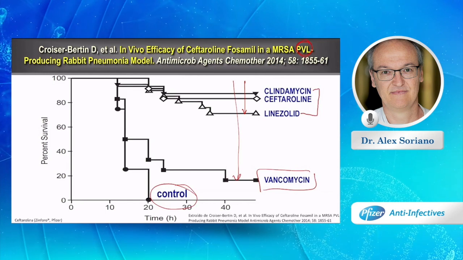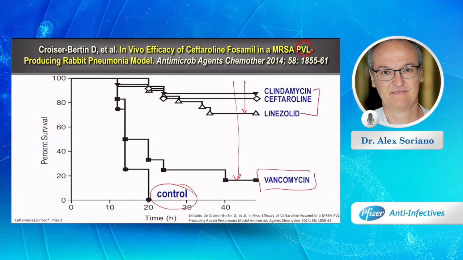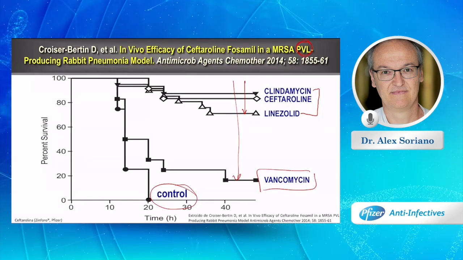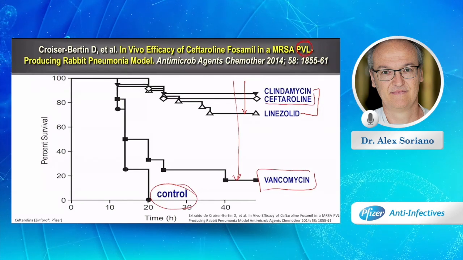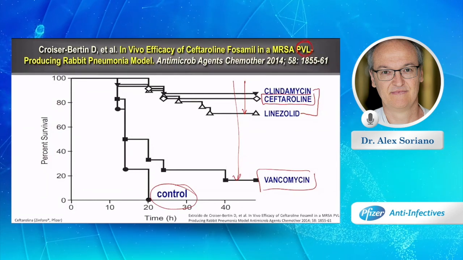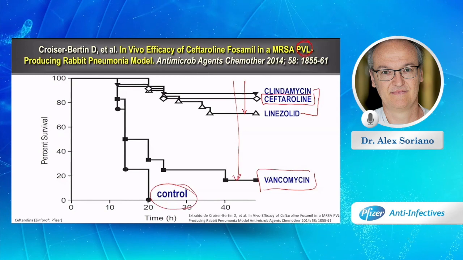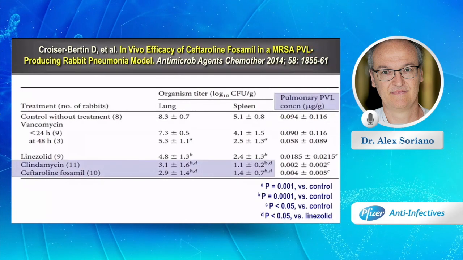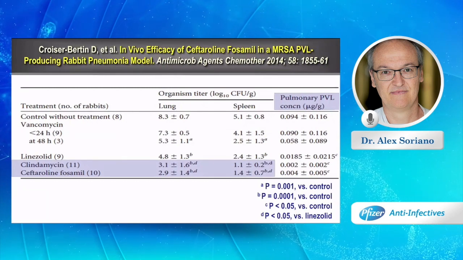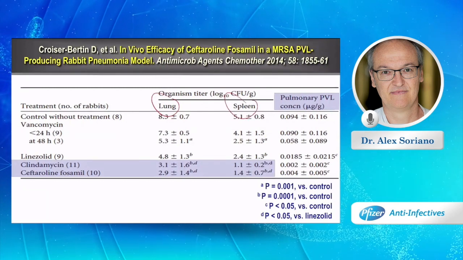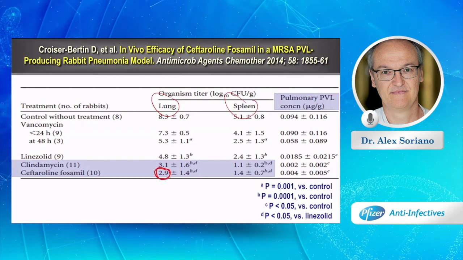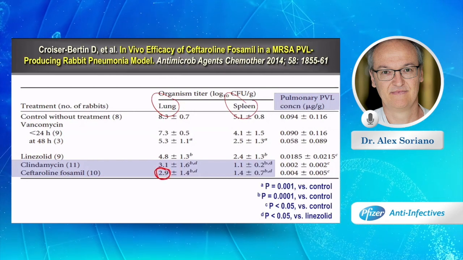and particularly PVL. And this is the reason why we understand that in these models, clindamycin and linezolid perform significantly better. But why does Ceftaroline also perform significantly better? We know that beta-lactams are not stopping the production of PVL. However, it's interesting to see what happens in terms of the total amount of bacteria in the lung or in the spleen. And as I would expect, Ceftaroline was the one associated with more potent bactericidal activity among all